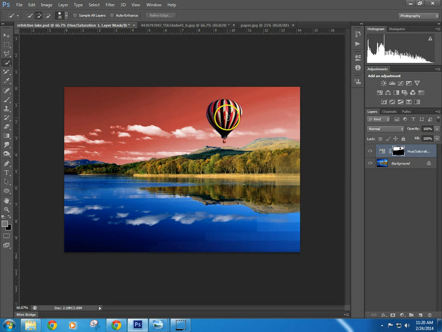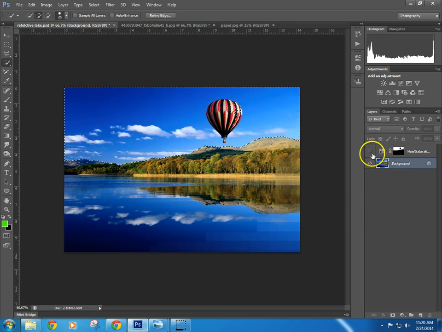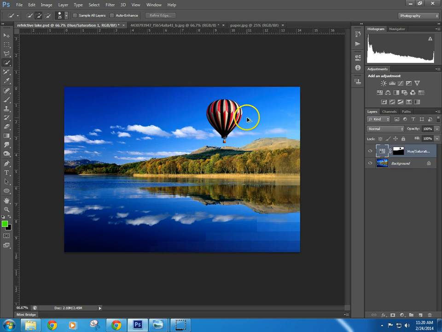If I want to add like a light source behind something, so let's try that out. So I am going to again make this selection, but this time actually I want to select the balloon. So I got to make sure I'm actually on the balloon layer, so I'm on the background, and I make a selection of this. It's kind of confusing for it to understand though, because there's so many different reds and whatever else. So sometimes it's better off using the